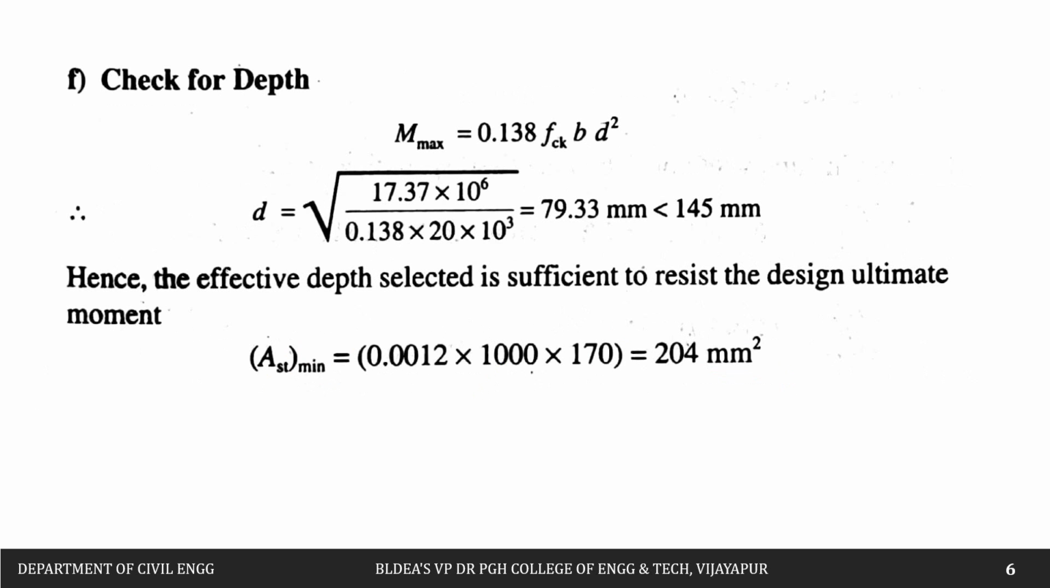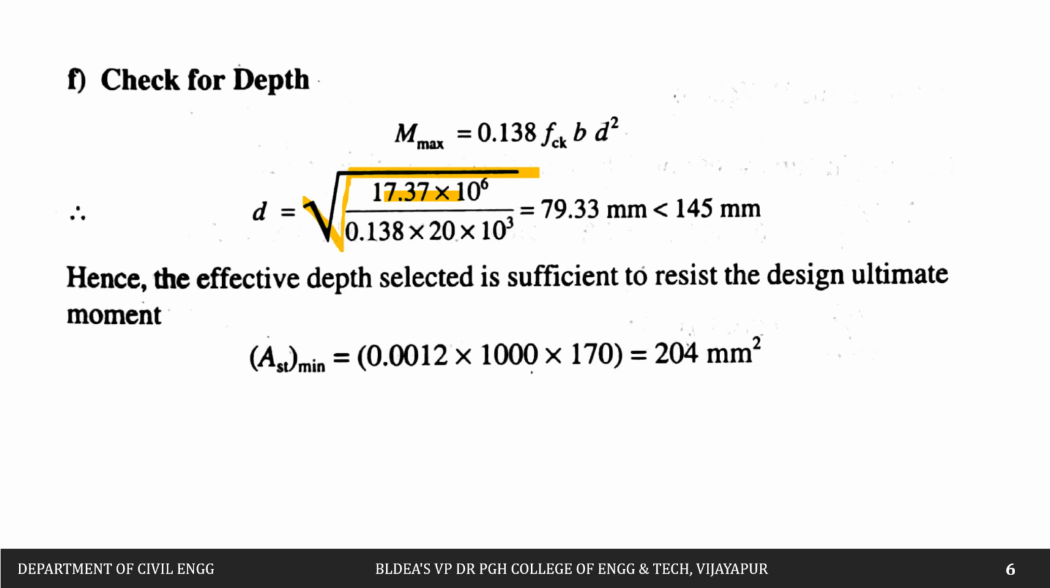Then next, let us try to check the depth of the slab. So Mu will be equal to 0.138 fck bd square. Why? Because it is Fe415. So therefore let us try to calculate this depth. So d will be equal to the square root of Mu divided by 0.138 fck b. So therefore d will be square root of